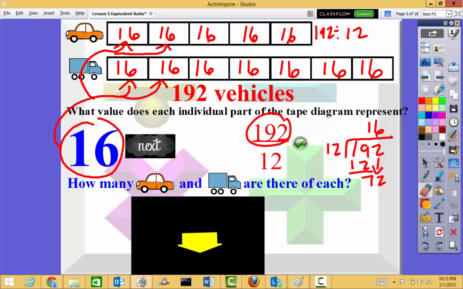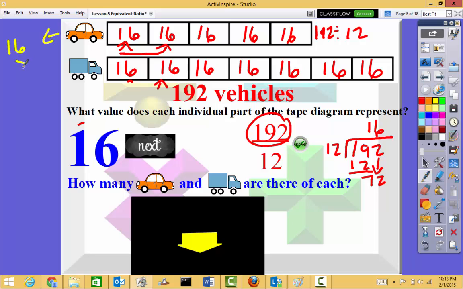So now I have two methods that I can work with. I can either add 16 each time, or I know that multiplication is just repeated addition. So for my cars, I can do 16 times 5, which will give me 80. So I have 80